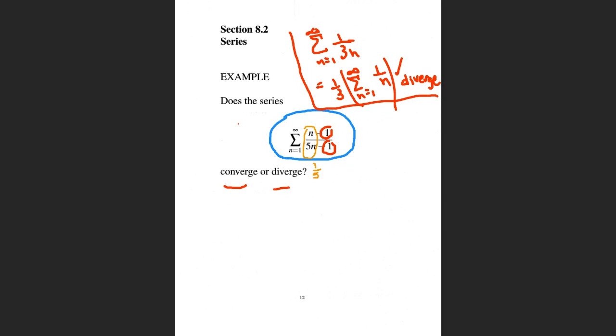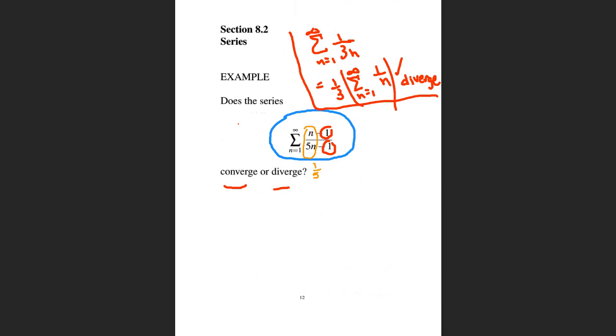Okay, so eventually this series is going to be a series where you're adding terms that are all basically equal to a fifth. And if you add a fifth and a fifth and a fifth and a fifth and a fifth and a fifth and a fifth and keep going, what are you going to get? Are you going to get a finite sum? No, you're going to get infinity. That's right. So this series, even without being formal in the solution, intuitively it seems like